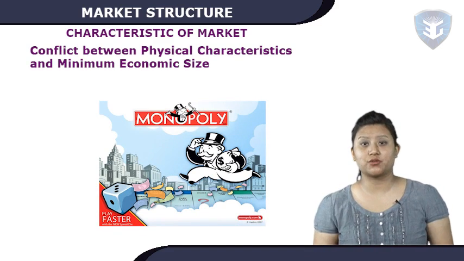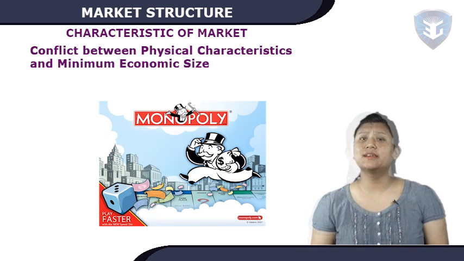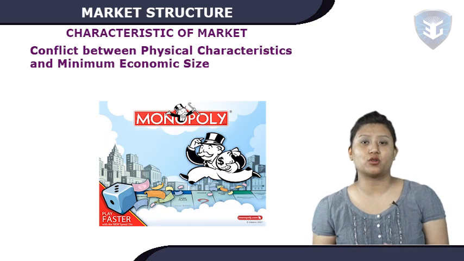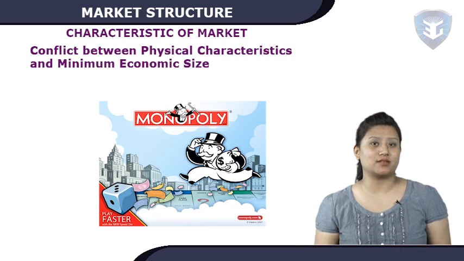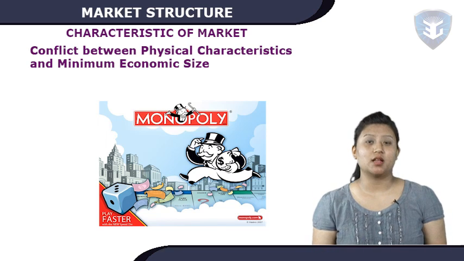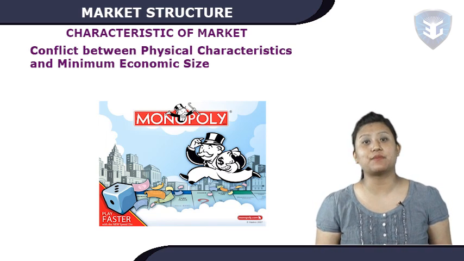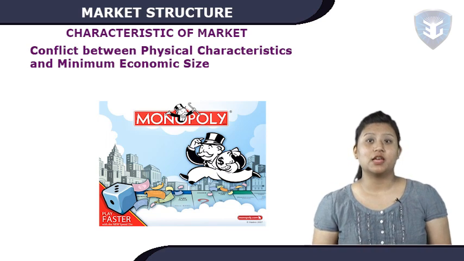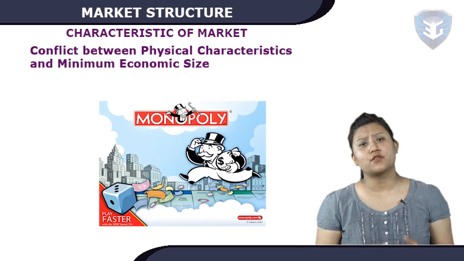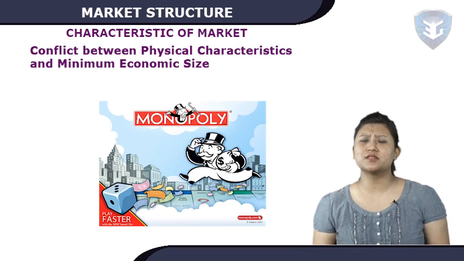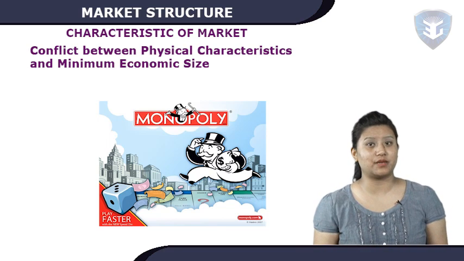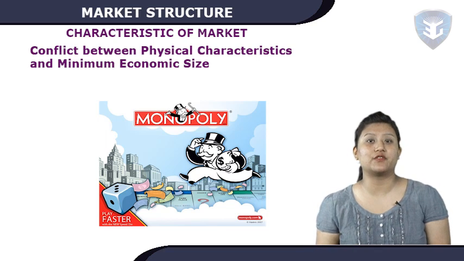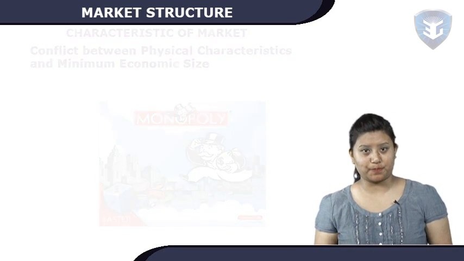Conflict between physical characteristics and minimum economic size. An interesting question arises in the case of a product like cement. For reasons of minimizing the transport cost on raw materials, most cement plants in the country are located near mine sites. A large efficient plant near a mine site can manufacture cement at the optimum cost, but the local demand is never large enough. If such a plant has to sell in faraway markets, the transport cost can be quite high. Customers located in such areas will always buy cement at a much higher price. The government partly offsets this by using the mechanism of levy price, which is the same throughout the country.